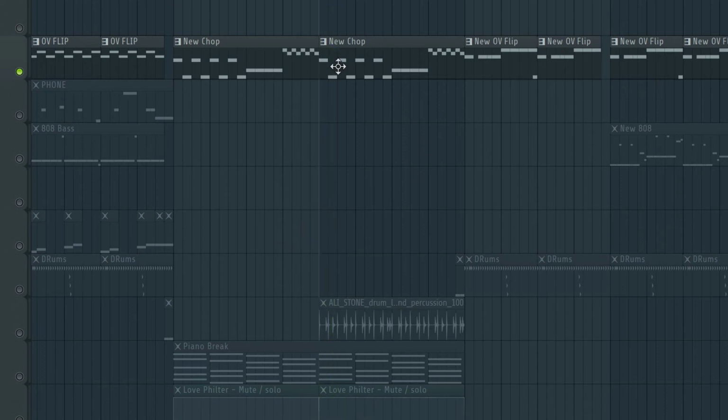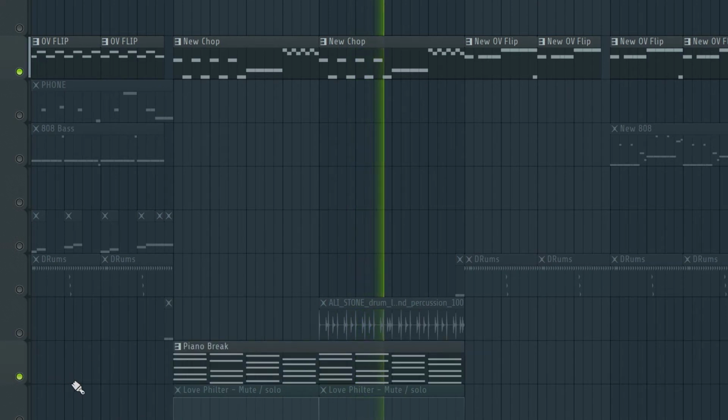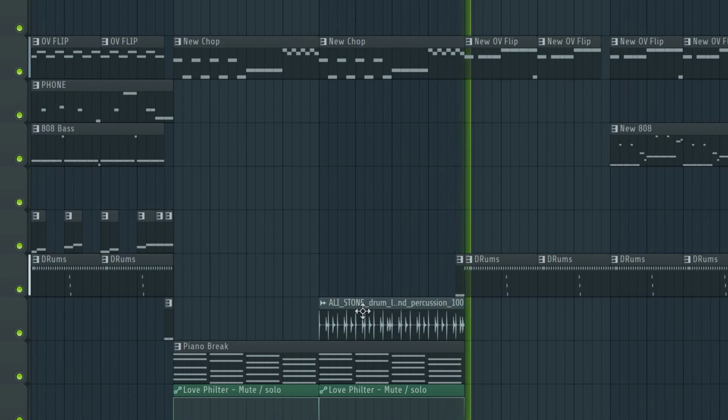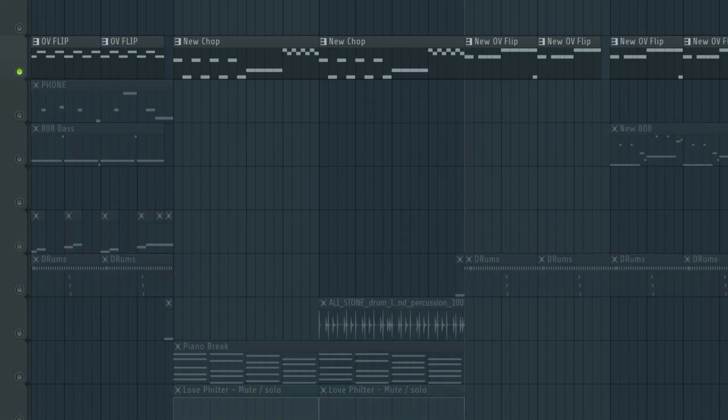Oh, I forgot that for the breakout. This is the breakout part that I layered with that piano. So anyways, yeah, that, and then there's...